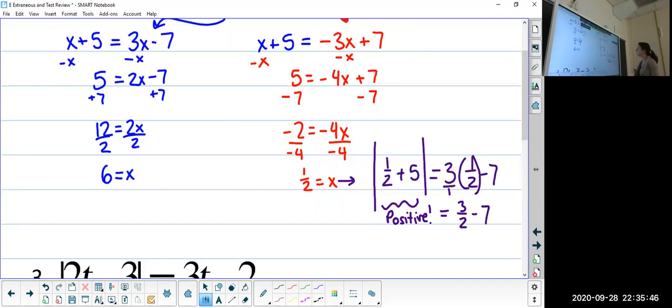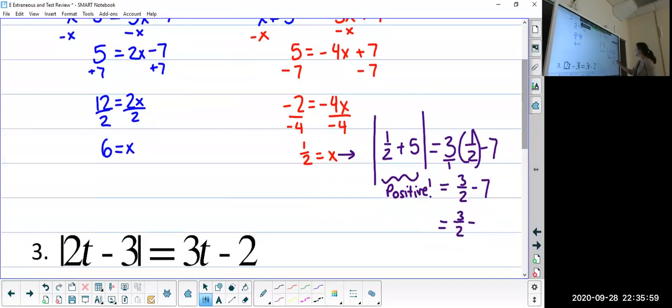Remember, that's 3/1. So when you multiply your fractions, do top times top, bottom times bottom. And I need to create a common denominator. So 3/2 minus that 7 is going to become 14/2. If it needs a denominator, multiply it by what it needs. So there we go. And this is going to get me